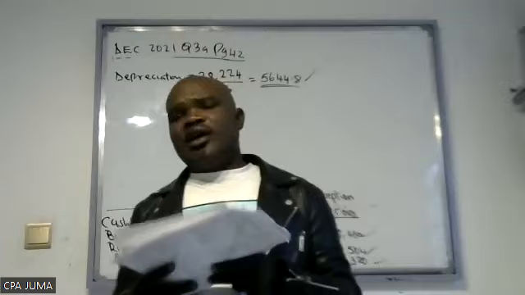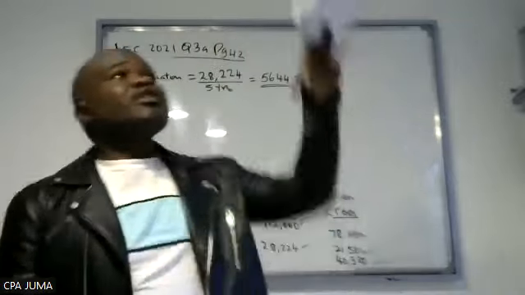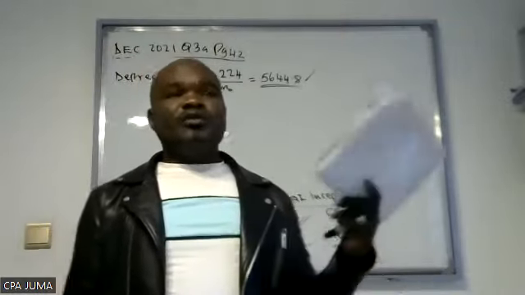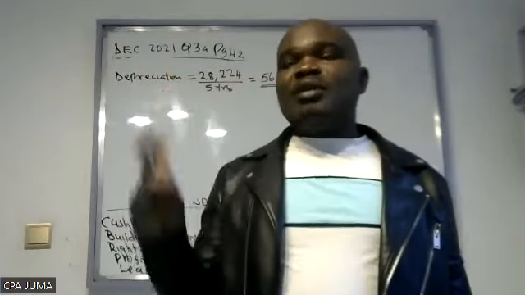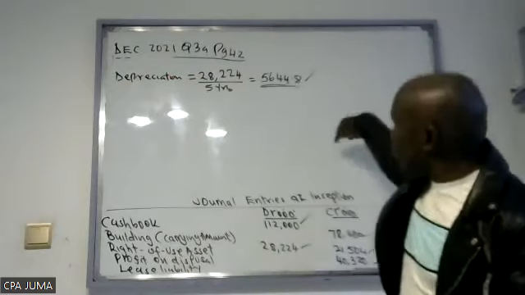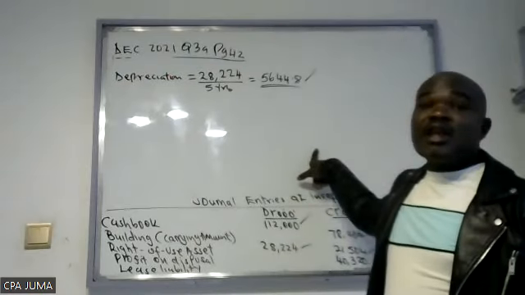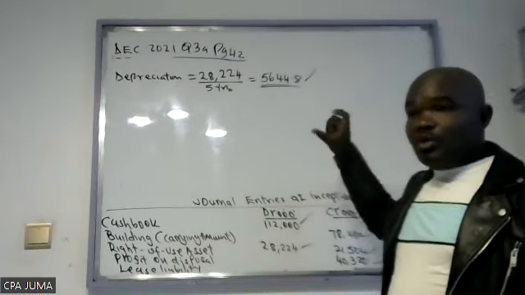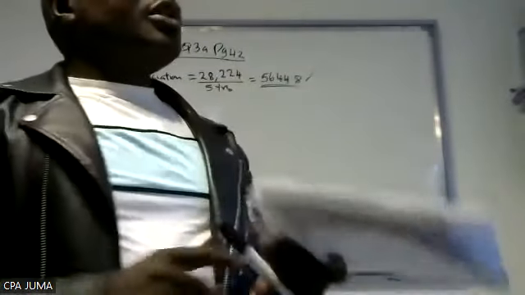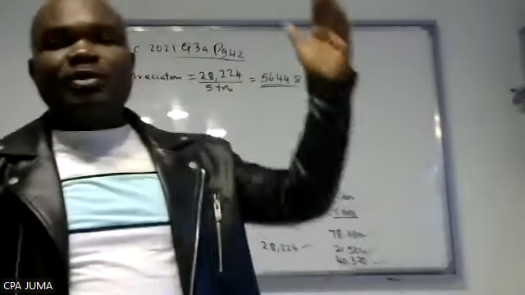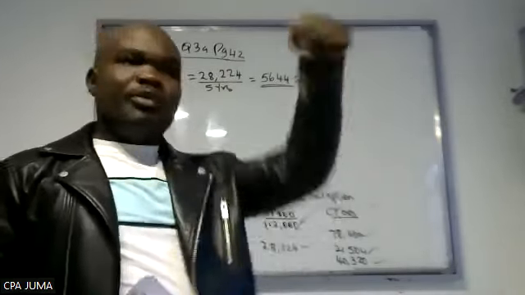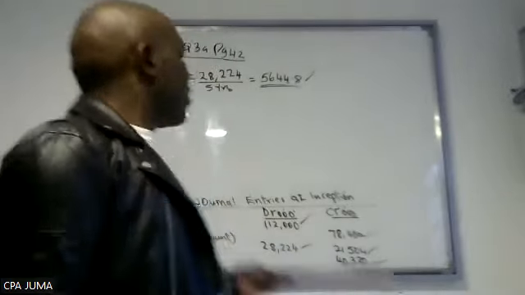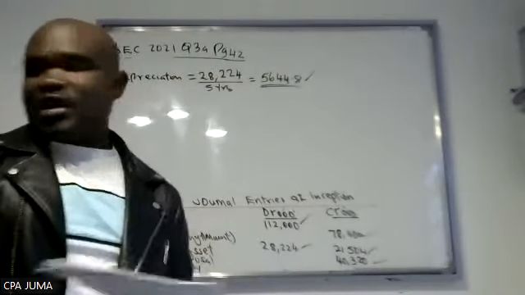So please, if it is 1 year, why should I bother doing amortization for the 5-year period? So if it is 1 year, then amortization you only do for 2 years. Why must you do 2? Because the second year will help you to get the non-current liability. I hope you know when we are doing amortization, it will help you to get the non-current liability ahead there. So when doing amortization, if you're not required to go up to the end, then the year under consideration, you take plus one to help you on the liability part.